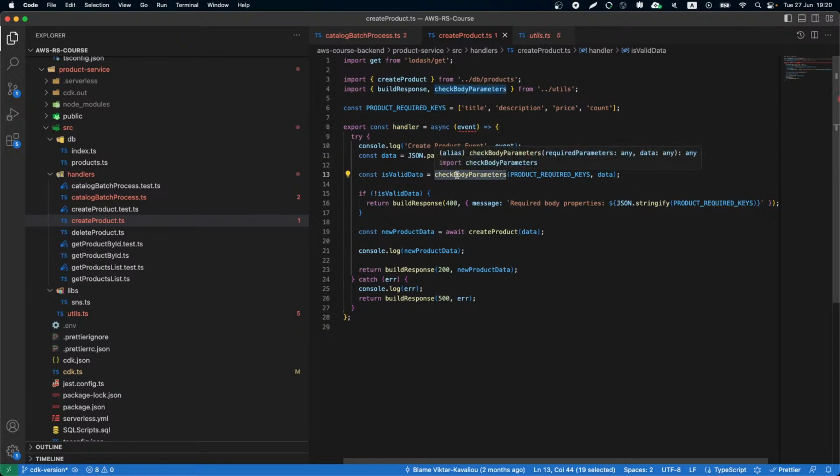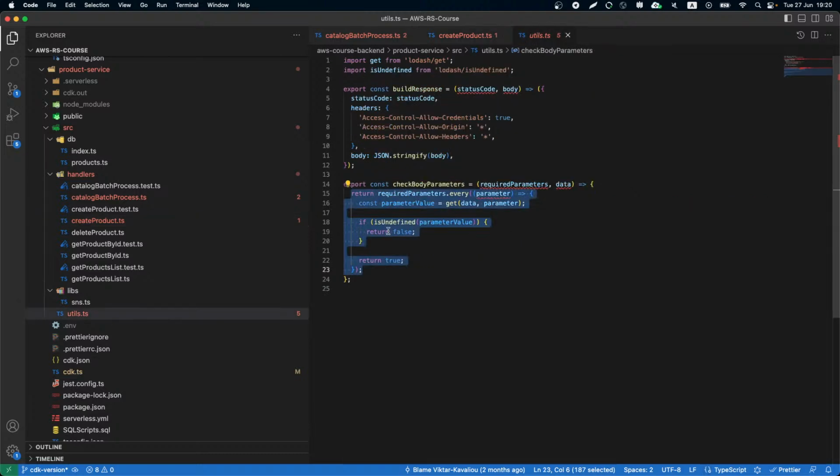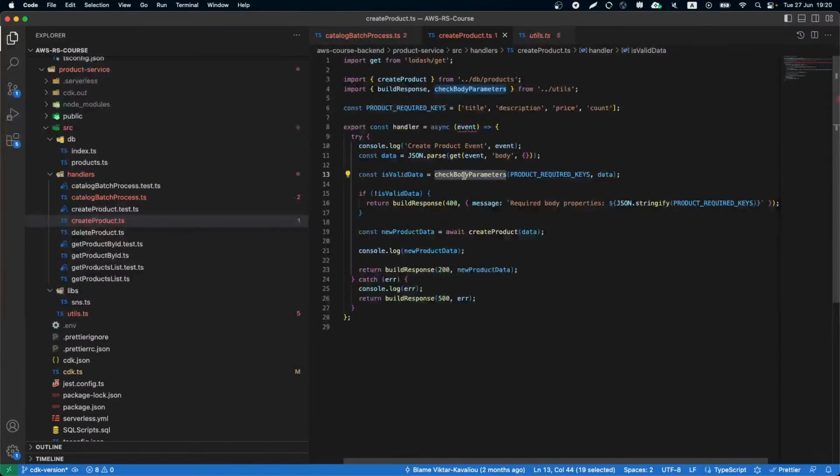So every unit test should be responsible only for the current function. In the real world, it's not perfect and not ideal, we usually don't create unit tests for small parts like this one. Yeah, there's not much logic here, so this one will be run inside the handler, but it's not great practice. But usually developers just don't have enough time to create unit tests for everything, and we try to cover as much as possible with one unit test, but sometimes it just becomes very messy, because when you have a very